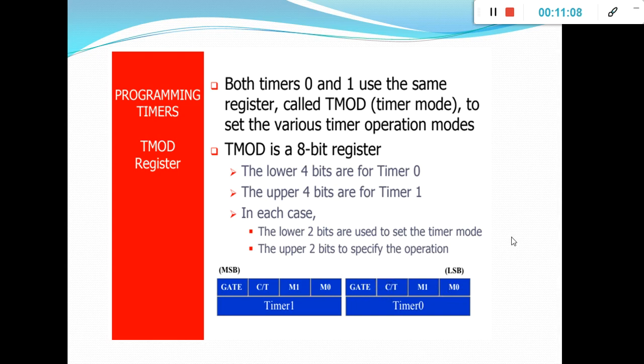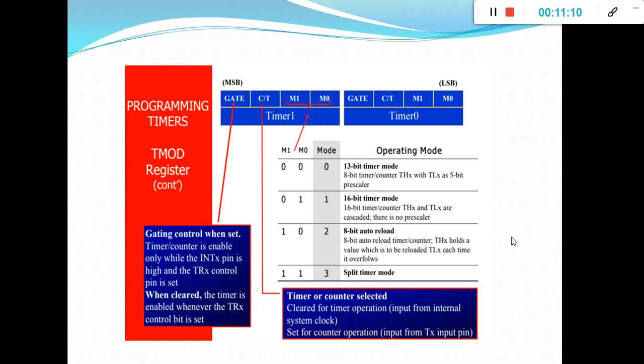Now we see the TMOD register in detail. I told you the TMOD register is 8 bit. From M0, M1, C bar T, gate to again M0, M1, C bar T, gate, the lower 4 bits are for timer 0 and the upper 4 bits are for timer 1. Now we'll see